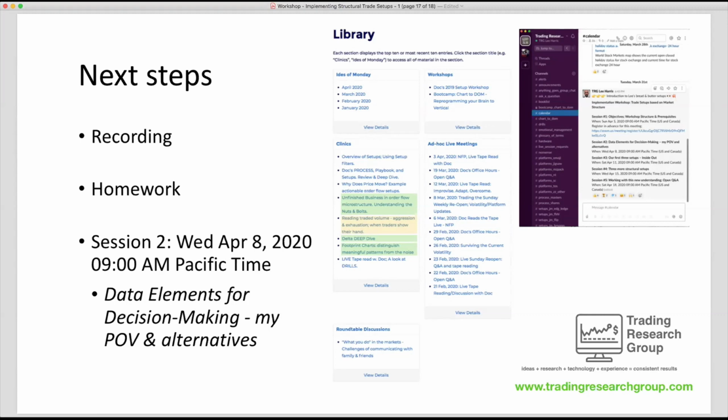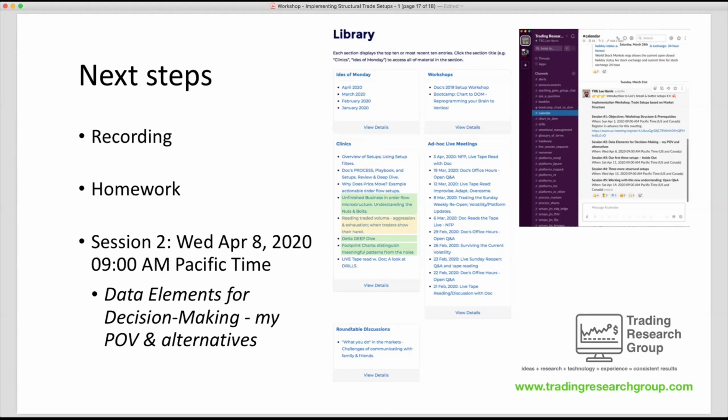But again, the point is that you don't need a tool or a platform to see these setups. Any platform that gives you good order flow information will do. And for Norman's benefit, and anyone that's coming to this from a tool vendor,